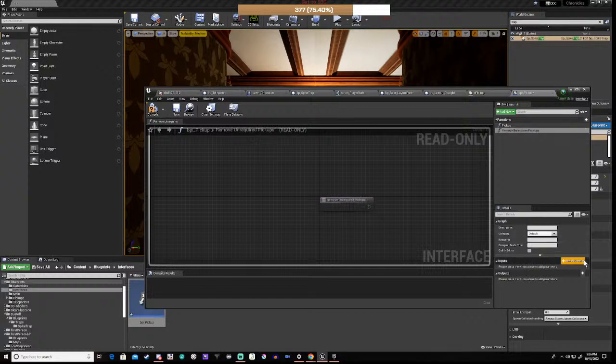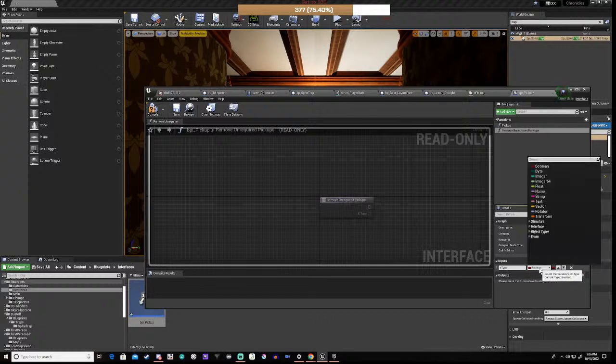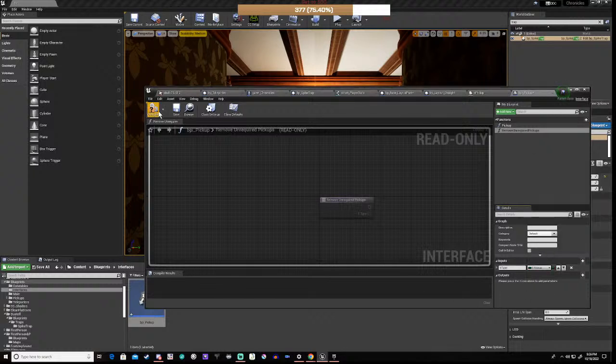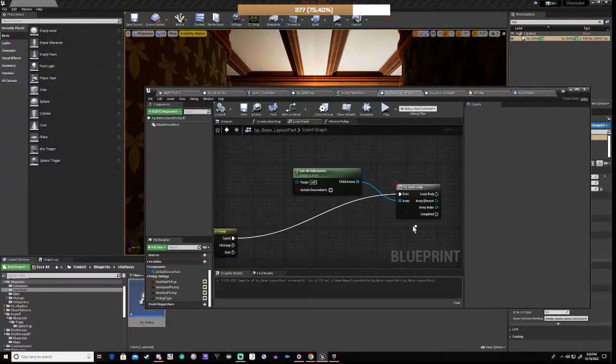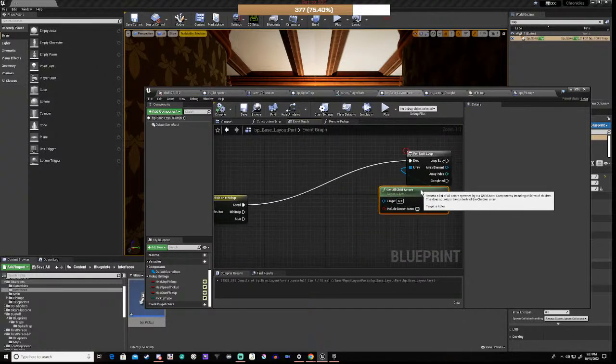right? And we're going to have an input, and we're going to say E type, and this is going to be E pickups. We're going to save that. We're going to go back to our base layout. We're going to grab this under here. We're not going to pick up, or we're not going to do anything